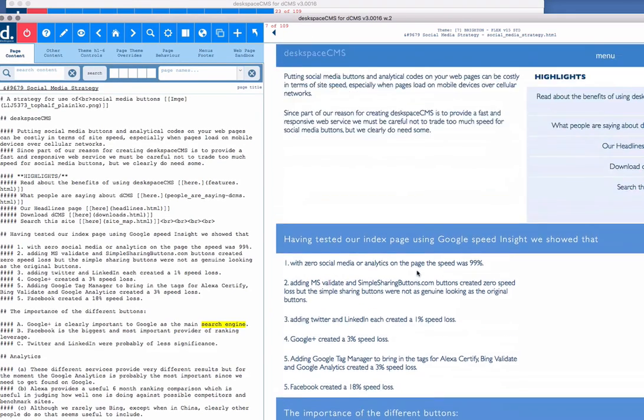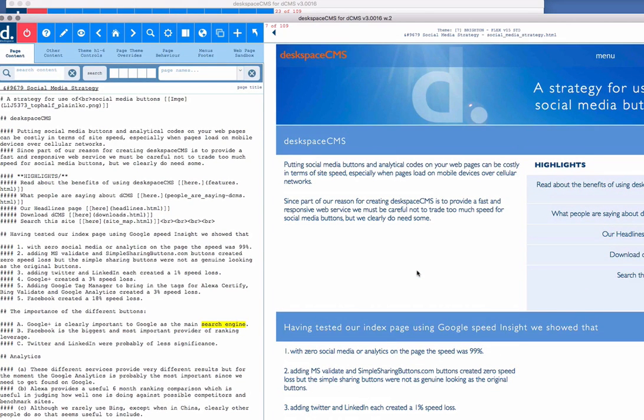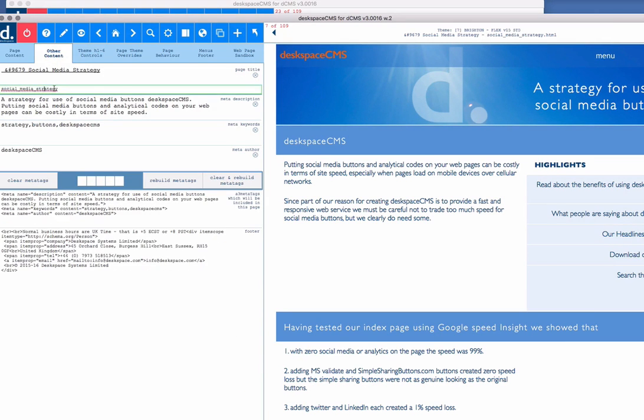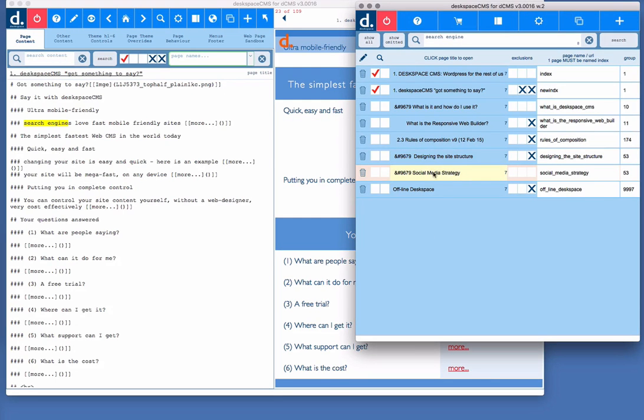Well, we may have to make a new page to do this, but let's just show you the principle. Supposing that in fact this is the page we want to use here, we just need to get this page's URL. We can find it in several places. It's either here under other content, here is the page name, or we can go here and get it from here. Okay, so if I just copy that from there,